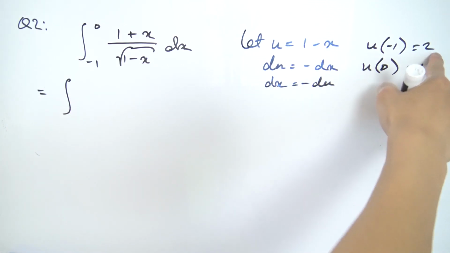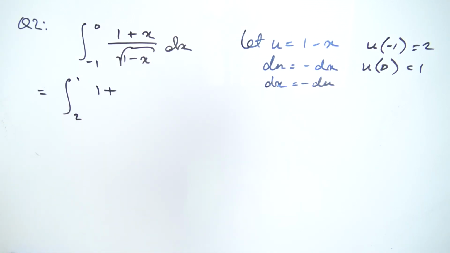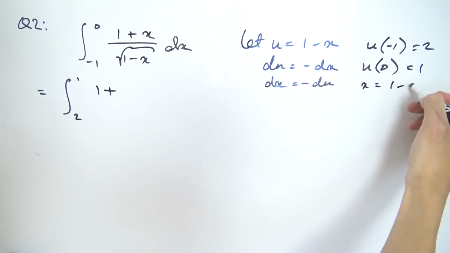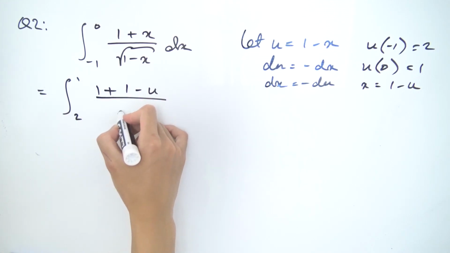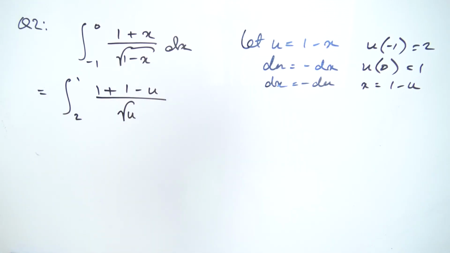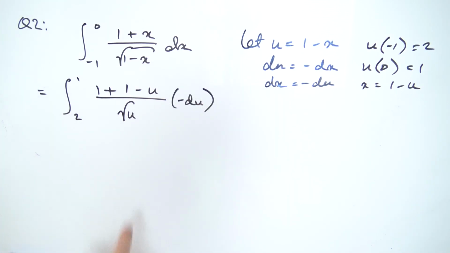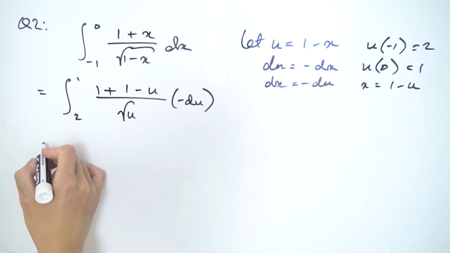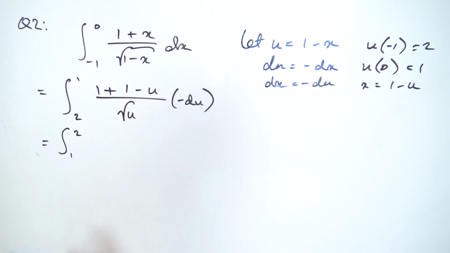Now minus 1 turns into 2, so we have 2 to 1 of 1 plus. Now let's figure out what x is. If you rearrange this equation a little bit, you get x is equal to 1 minus u. So 1 minus u, like so. This is divided by the square root of u, because 1 minus x is u, and dx turns into minus du. Now we can use this negative in this du to flip the integral around, because this is kind of in a weird orientation. So we have the integral from 1 to 2 now,